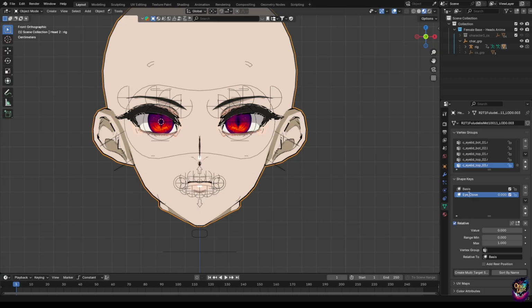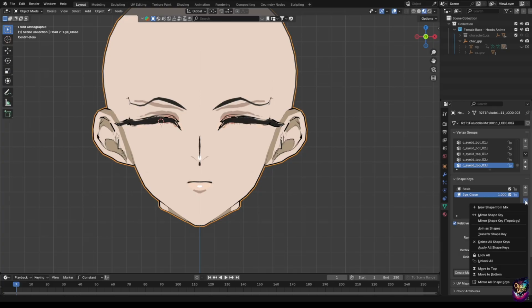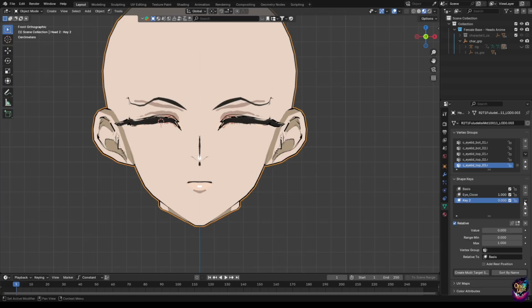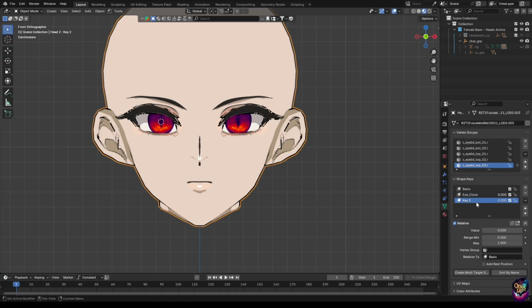Just name it that, and yeah, see, you get the blend shape. Now I want to hide the rig. I will do this, and what I'm going to do is mix from shape, and I'll do this and name this eye moves